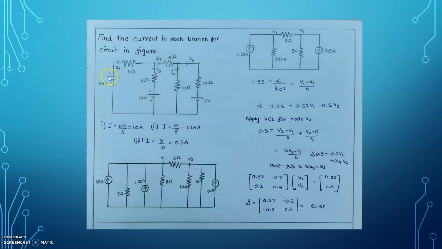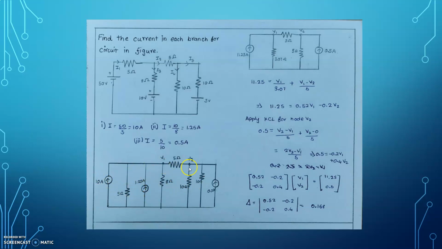So first convert this voltage source into a current source. Find first current I is equal to V by R, 50 by 5, that is equal to 10 ampere. So put 10 ampere, and then you replace this series resistance into parallel. So that is equal to 5 ohms, and similarly you replace these two voltage sources into current sources, and 5 ohm resistors and 8 ohm resistors are in parallel, and 10 ohms and these 10 ohms are in parallel. Simplify this and then these two current sources combine together.